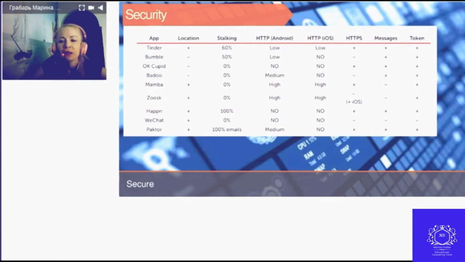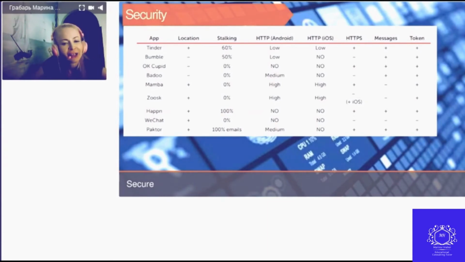This is because apps use standard methods to open web pages. The system caches photos that can be opened. With access to the cache folder, you can find out which profiles the user has viewed. Well, having gathered together all the vulnerabilities found in the studied dating apps, we get the following table.